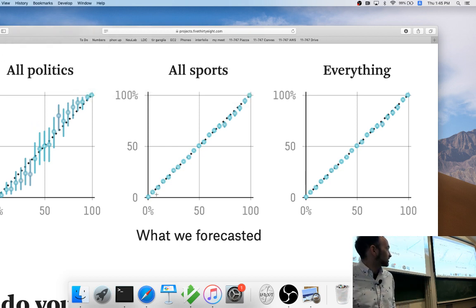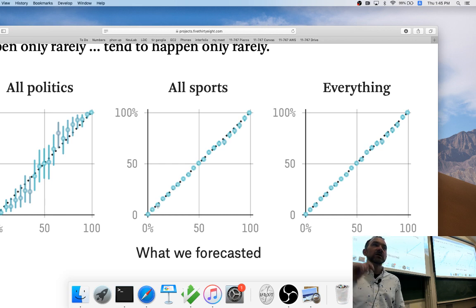So if you have a perfectly calibrated model, what this means is if you say there's a 30% chance this will happen, it actually happens with 30% chance. So for sports, they're actually pretty good at predicting their probabilities. Note that calibration is different